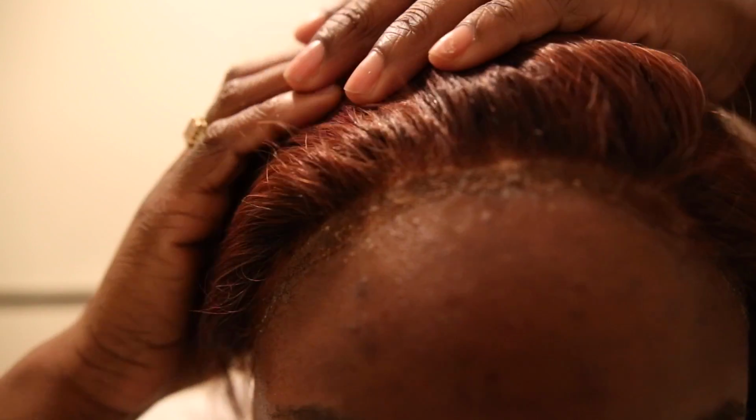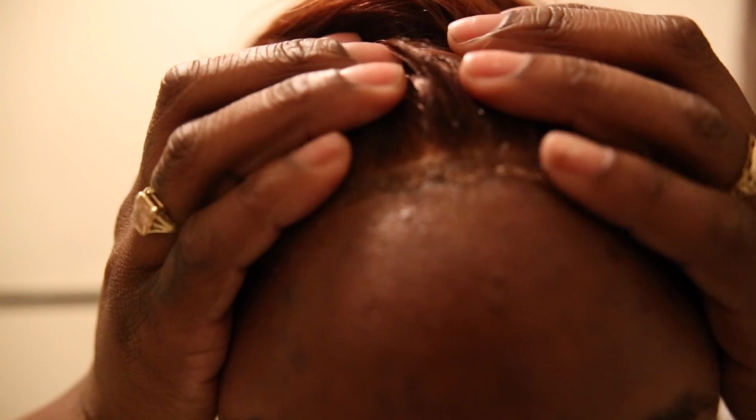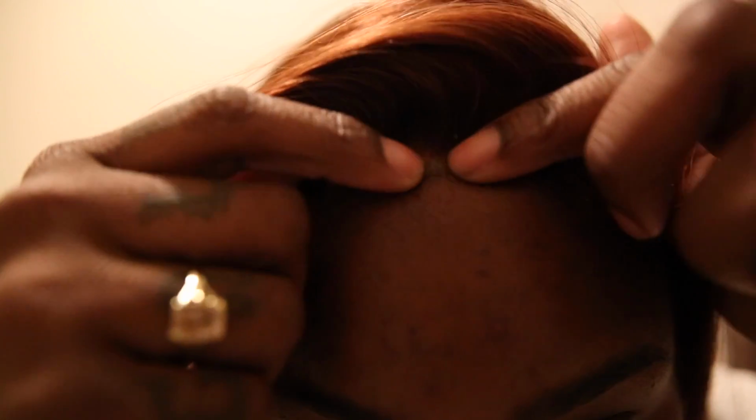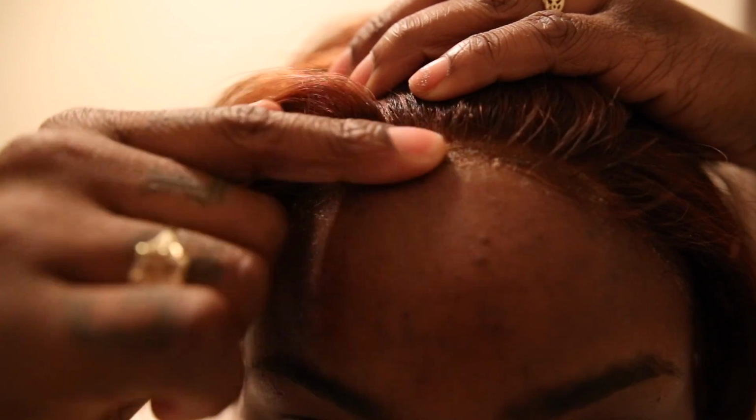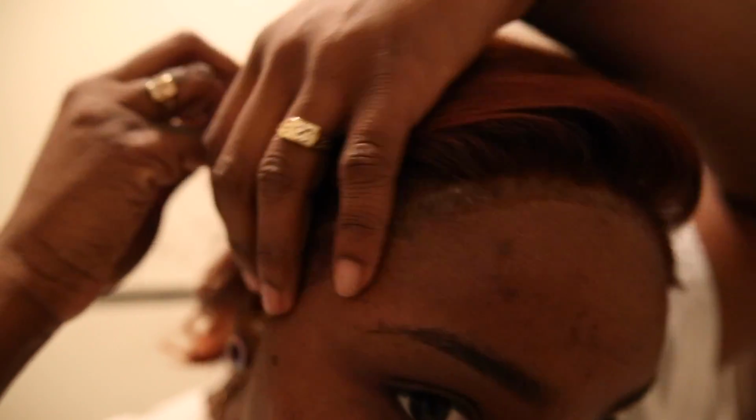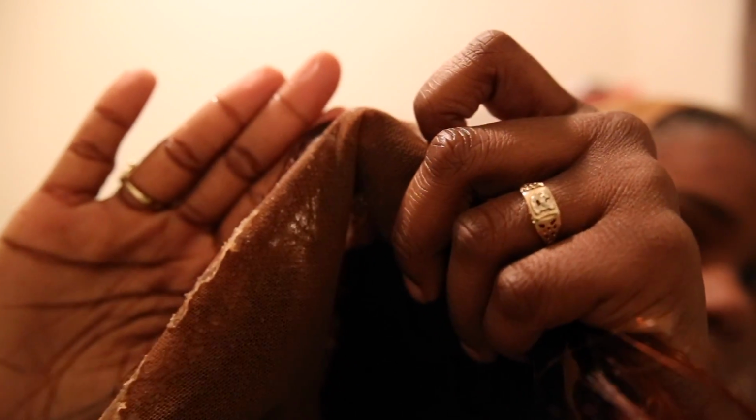What are you doing? See the glue? It's like the lace is sliding back with the glue, and there's a roll. I think, see it right there? It's like a bump, a speed bump all the way around. So I'm going to be taking this off. Warm water. So I'm just going to peel it off right now